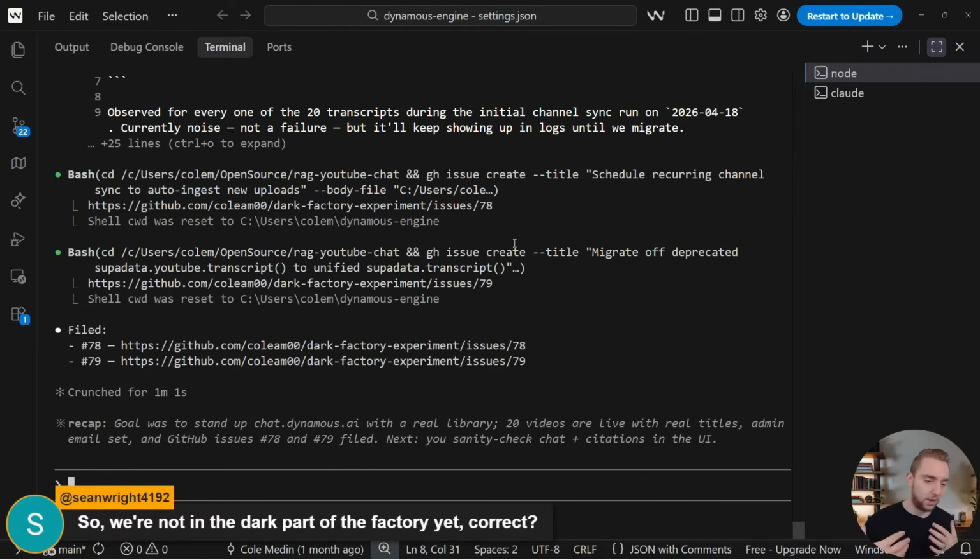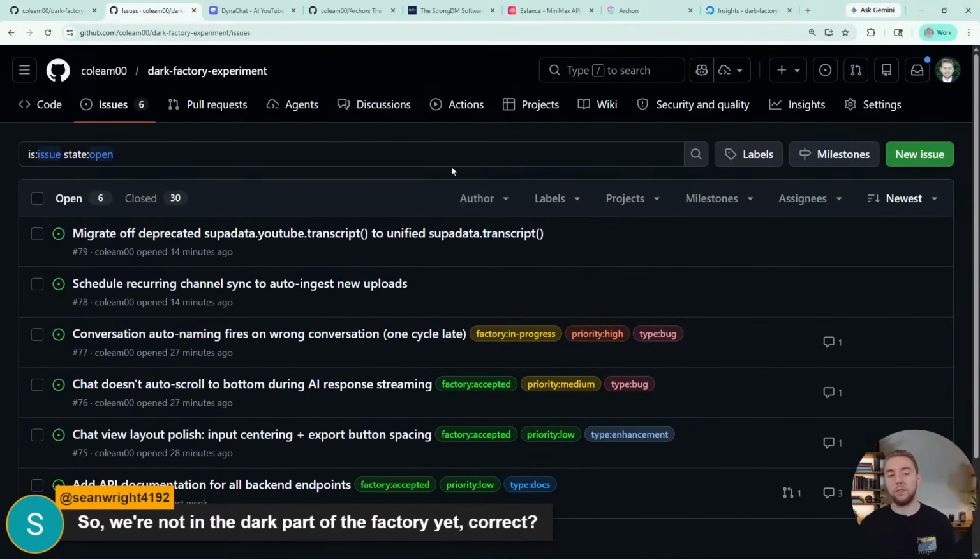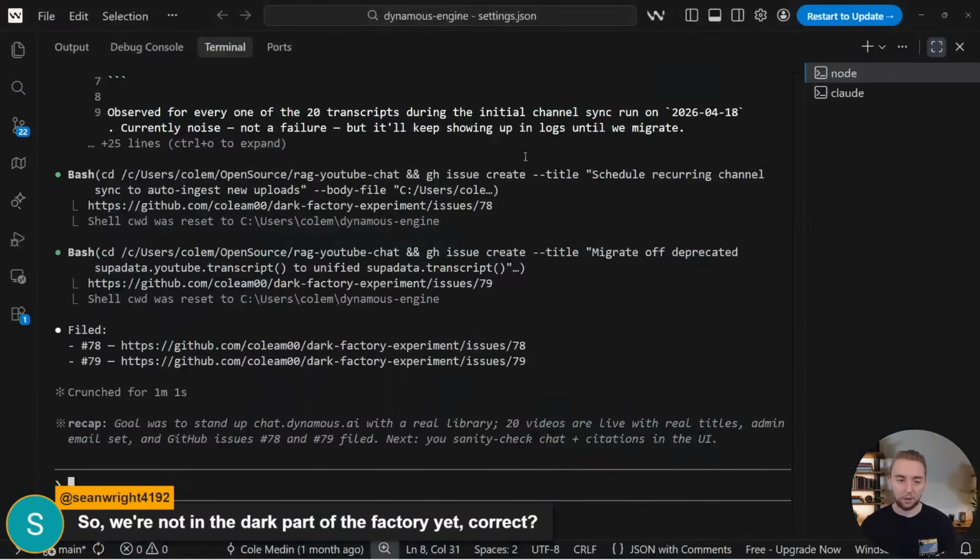So I need to work on editing that myself, and I'm forced to make it not fully dark factory yet. But I'm already at the point where I'm not writing any of the code or reviewing anything myself. And very soon, we've gone fully dark when this issue list is the only way I ever communicate with the code base. So we're getting there.